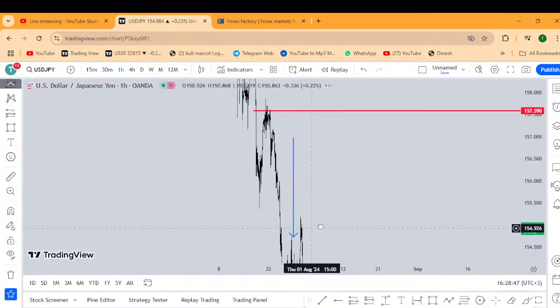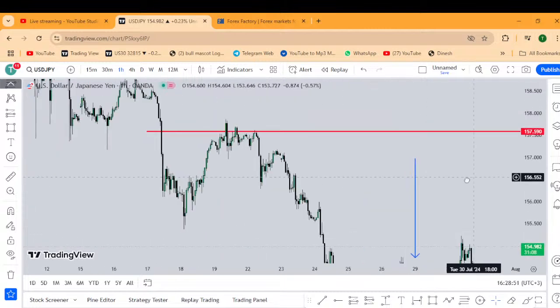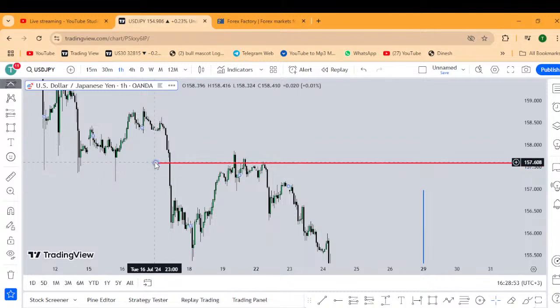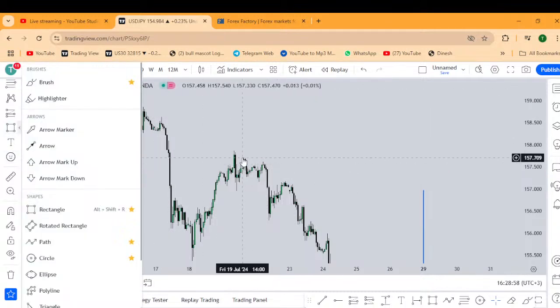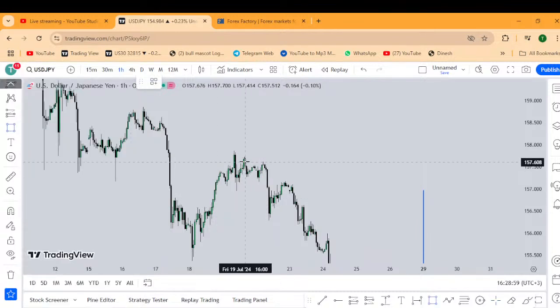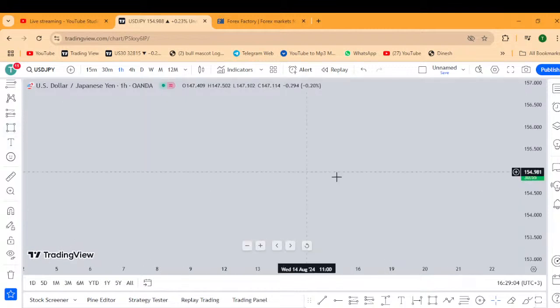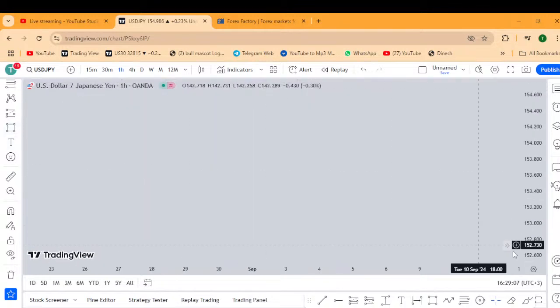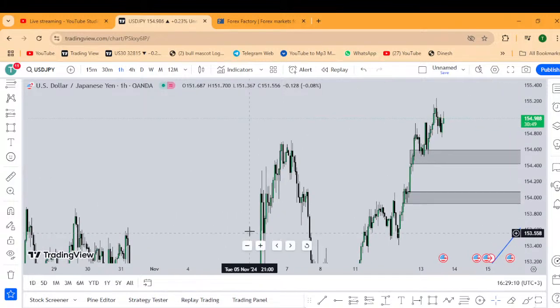So where do we expect them to rest? Our first entry to expect them to rest from, we shall not rule it out. We might expect them to rest on this area. Let's see how the market goes, 1 minute from now.